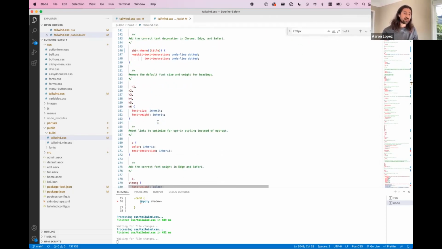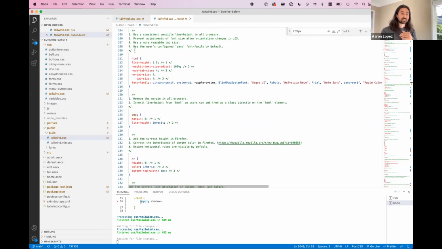You can actually turn this off by disabling pre-flight. And the reason why you'd want to do that is because let's say that you had Tailwind, but you also had Bootstrap loading. If they both have scaffolding, they're going to conflict and you're going to have style problems on the site because some classes and some elements are going to have styles overriding each other. So what you do is you do two things. You disable the pre-flight, which removes all of this